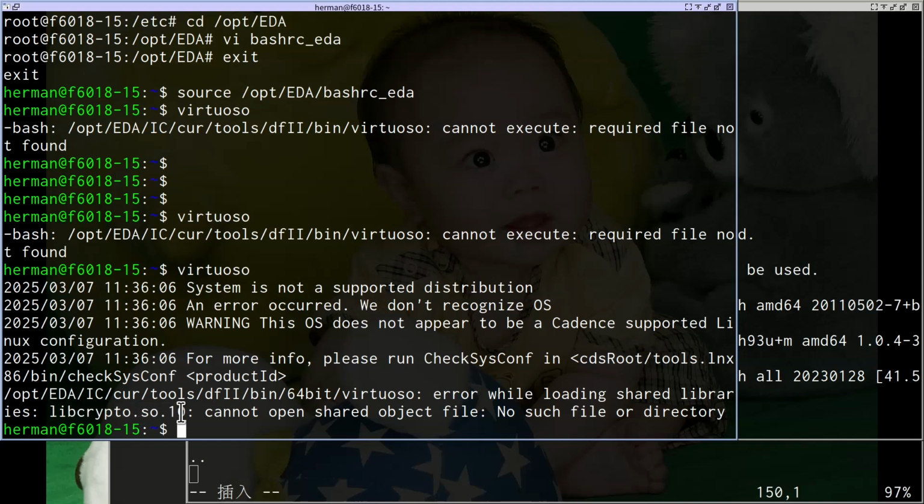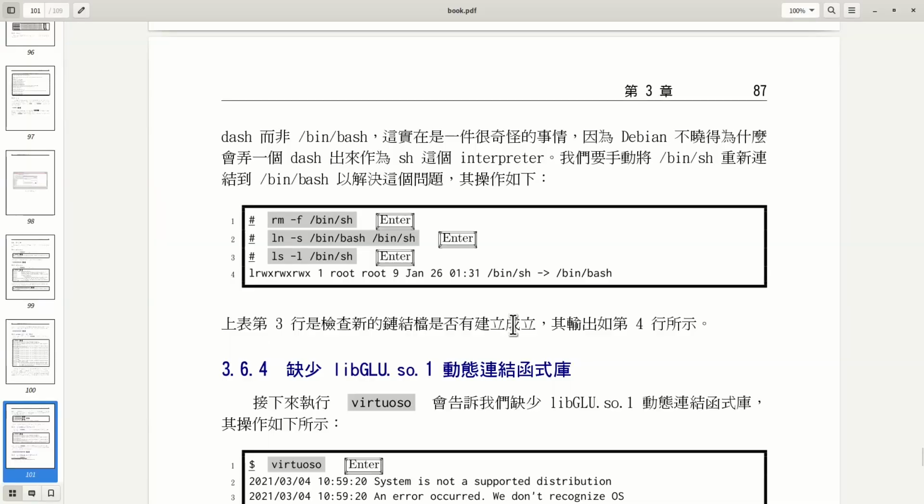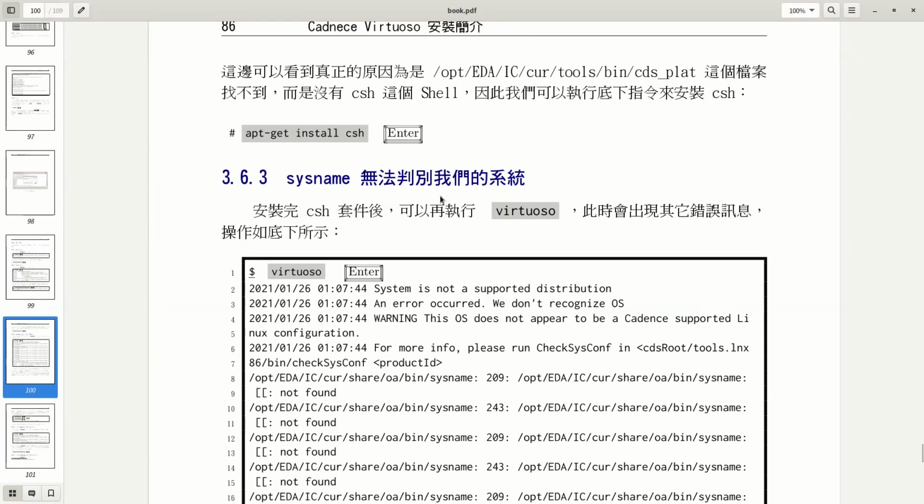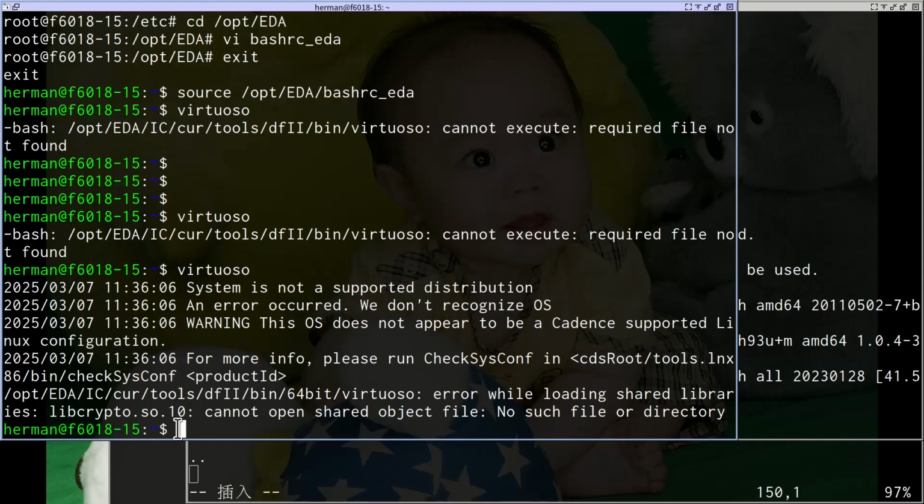Okay, so we just overcame the previous error message. Now we have encountered another error message called missing library. So we need to install this later. Okay, but I will hold here. I will wait here for you.